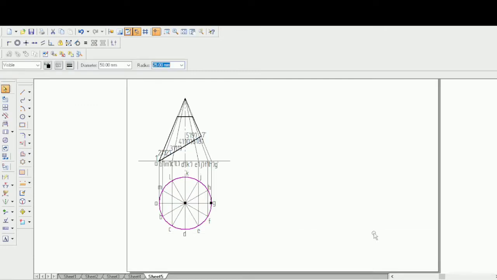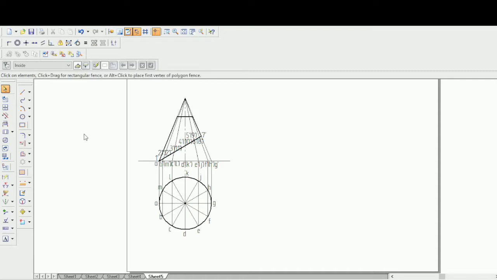Once they give it, you will have to draw this by looking at the question paper. First you draw the circle of diameter 50, then you draw a horizontal line, then you draw that circular pattern just like how you did in the solids and planes. You select that line and go to the circular pattern,